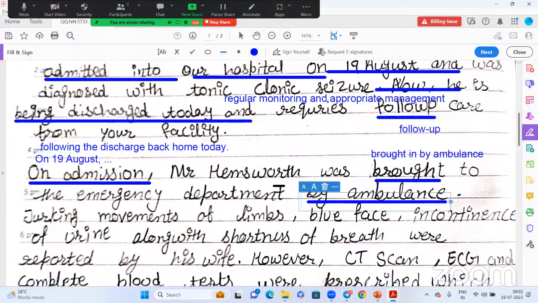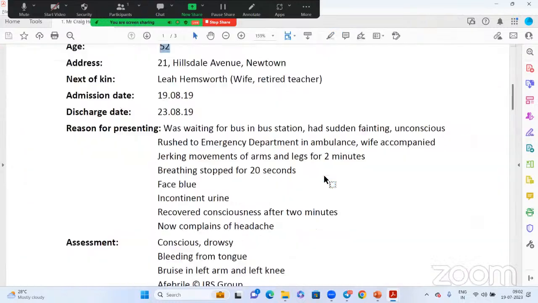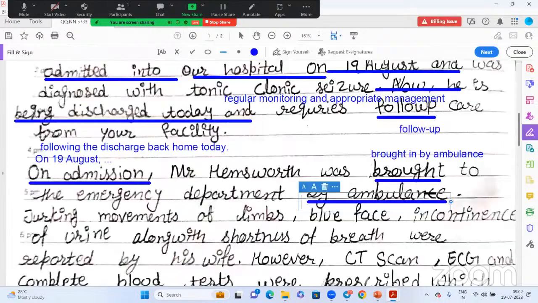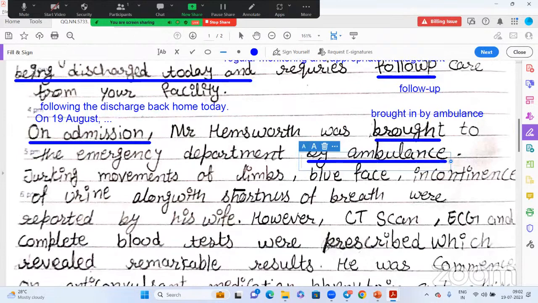On 19 August, Mr. Hemsworth was brought in by ambulance to the emergency department following a sudden fainting. After fainting at the bus stop, like that also you can write. You can write however you want, that's not a problem. Jerking movements of the limbs,